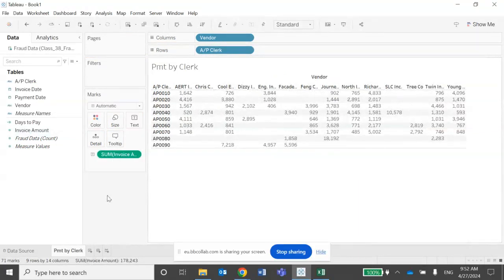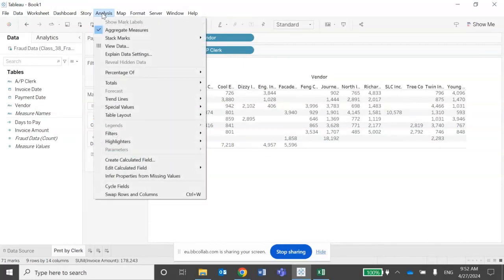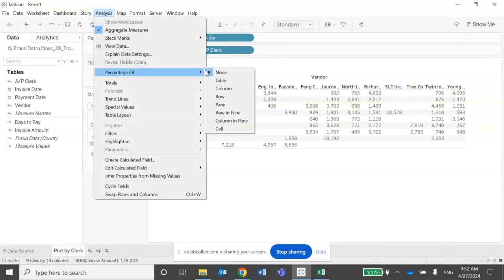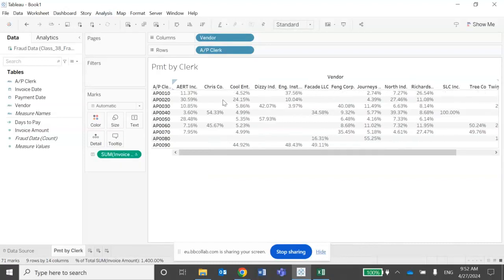Okay. Then we're going to click this invoice amount once, and we go on top in the top panel and we click analysis, and we come down and we go to the percentage of, and we want to click column. So analysis, percentage of, column, we click here. Now we have the percentage of the time the clerk is paying